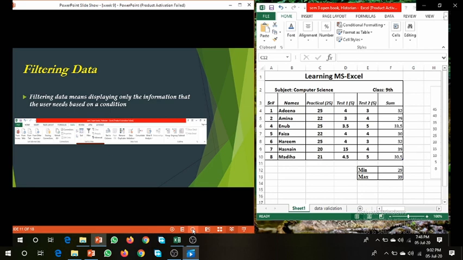Or filtering data means displaying only the information that the user needs based on a condition. For example, if I want to see the computer result among other subjects or the names of the students starting from A, etc.